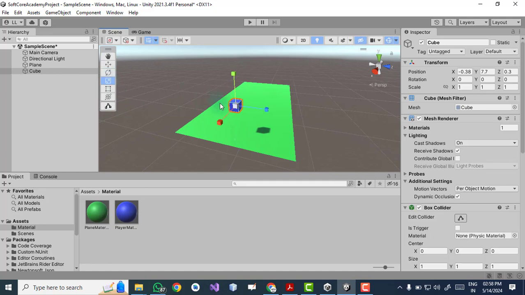So we will have to use the scale tool. Suppose I want to increase the size in the Z direction. We just select this blue arrow and then the size will increase. Similarly, in the X direction I want to increase, so X. In the Z direction, and in the Y direction it is happening in Y.